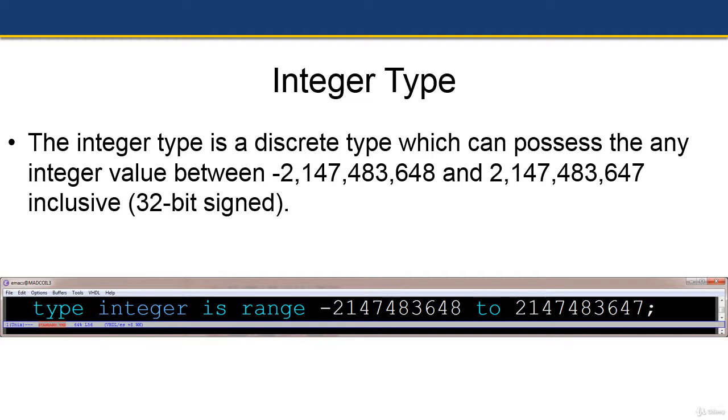The integer scalar type is the discrete type that can possess any integer value between minus 2,147,000,000 and so on and so forth, and plus 2,147,000,000 and so forth, inclusive, i.e. a 32-bit signed. Something to consider here is that